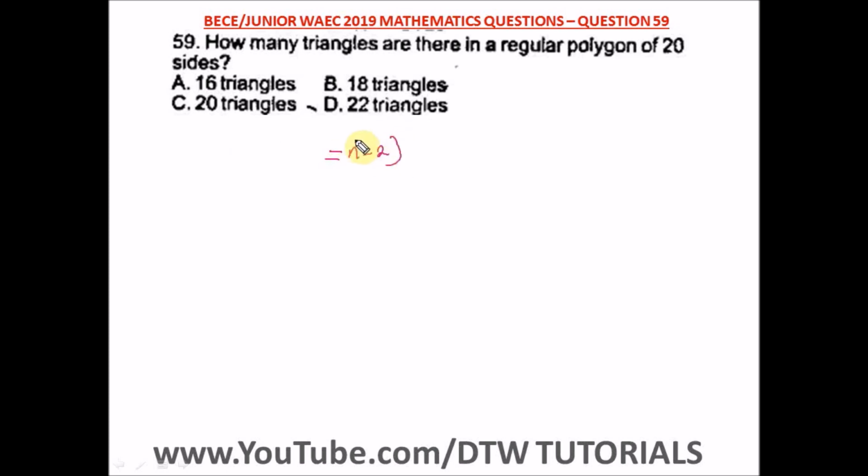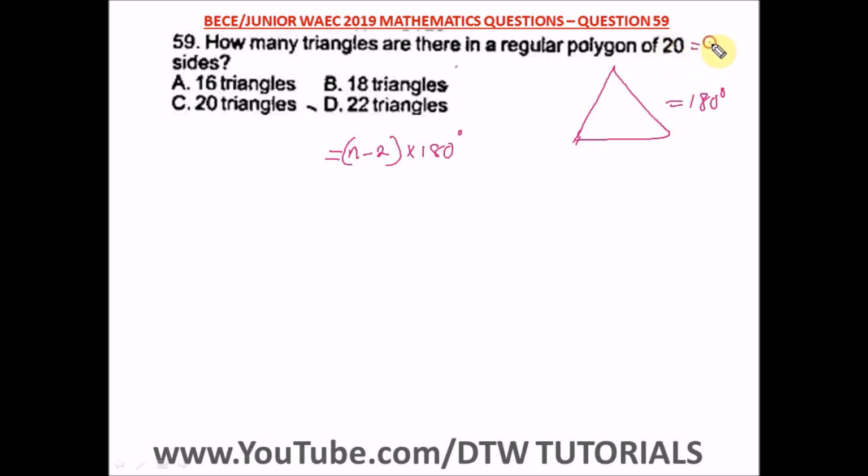N minus 2, brackets, multiplied by what? 180 degrees. And 180 degrees represents what? A triangle. Remember, the sum of all angles in a triangle must equate to 180 degrees. So this 180 degrees represents one triangle. So to know how many triangles are in a regular polygon of 20 sides, well, definitely